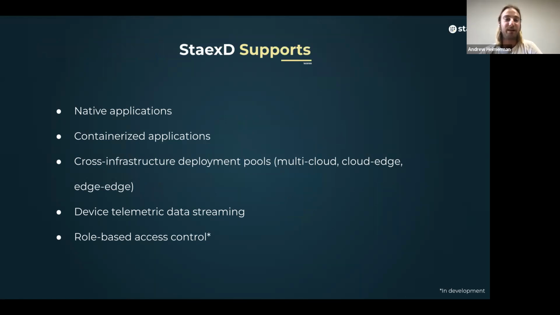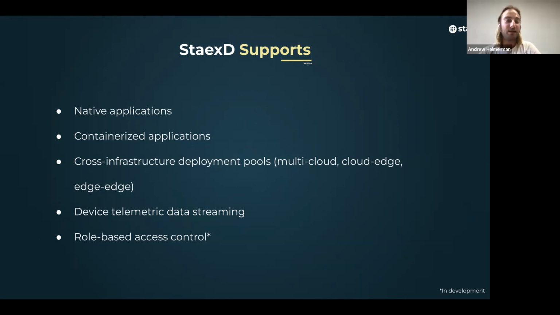So just to recap what we support with StaexD: we can launch native applications, so applications that are not containerized, as well as containerized applications like Docker images. We can deploy multiple different applications across different types of infrastructure, so between different clouds, let's say Azure and AWS and something else. We can even go from the cloud to the edge, or have a deployment pool between different edge devices that could all be running the same type of software,